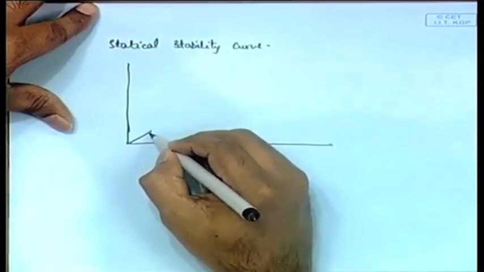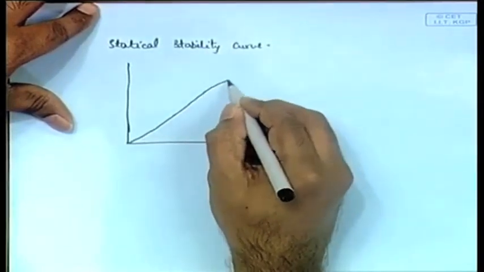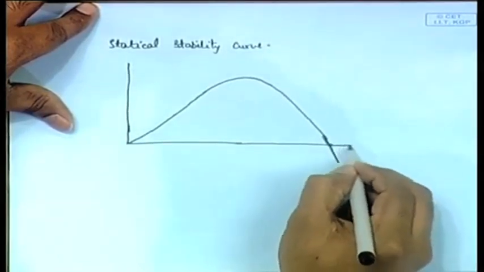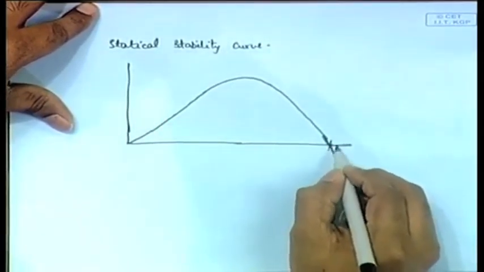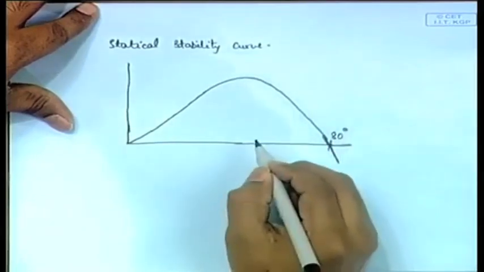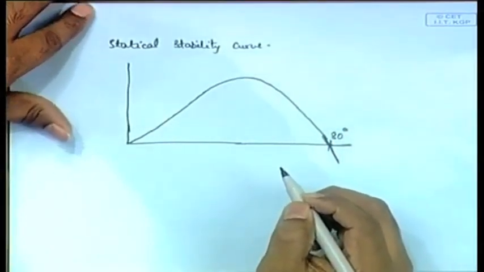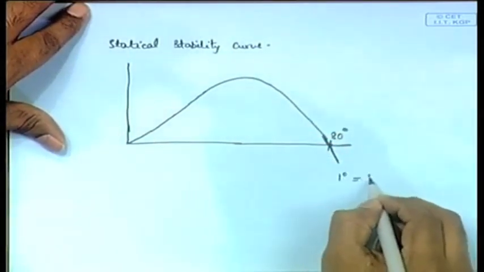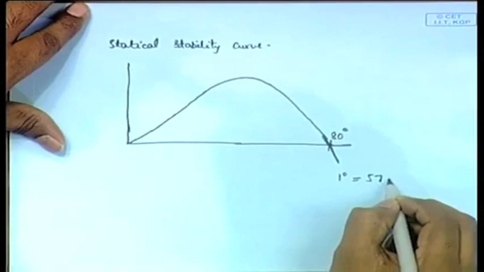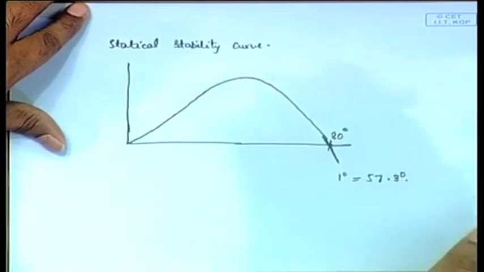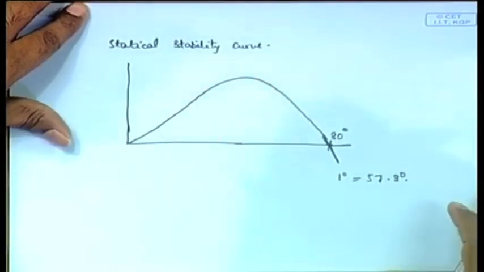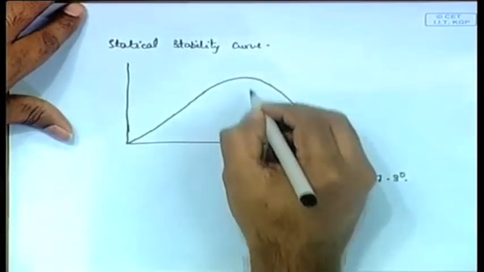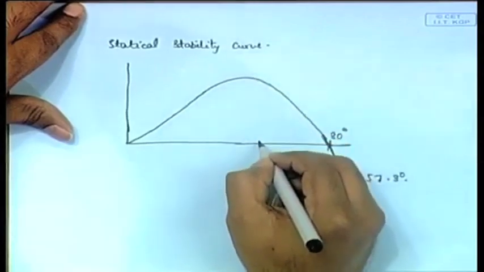So, this goes up, comes down like this. Okay. This time it is at 80 degrees in this figure, and I have already told you that at an angle of 1 radian, and you should know also that 1 radian is equal to 57.3 degrees, conversion from radians to degrees. So, at around 57.3 degrees, if you draw a vertical line,